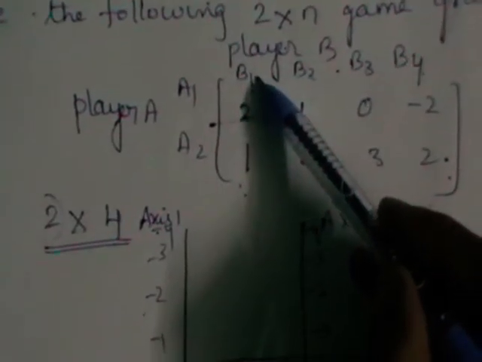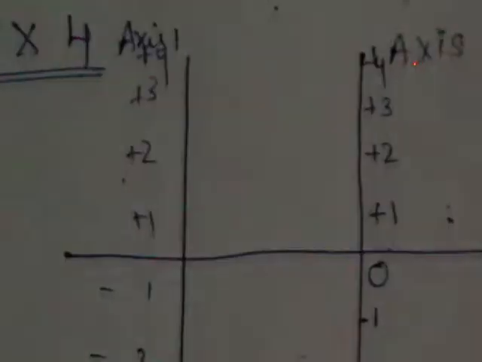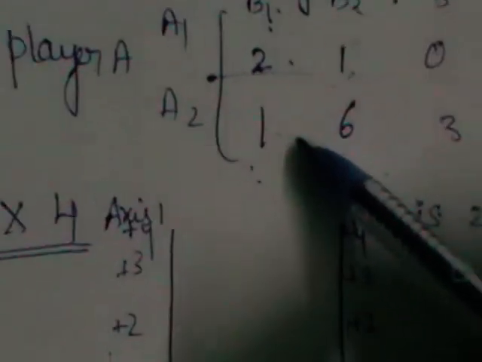What is the first one you have? B1: you have 2 to 1. So let us start from axis 2, from 2 to 1. Sorry, I think above the origin you should represent with plus, and below the origin you should represent with minus. It's a mistake. So what is the first strategy you have? 2, 1. So you should represent B1 starting here, from 2 to 1. Let us write B1 here, as this represents this one.